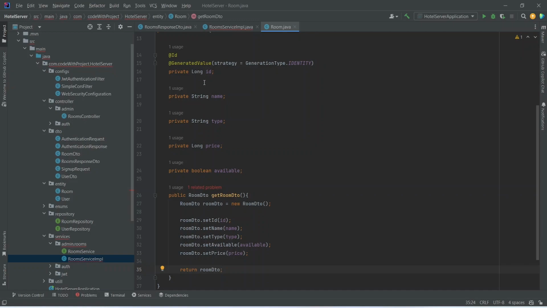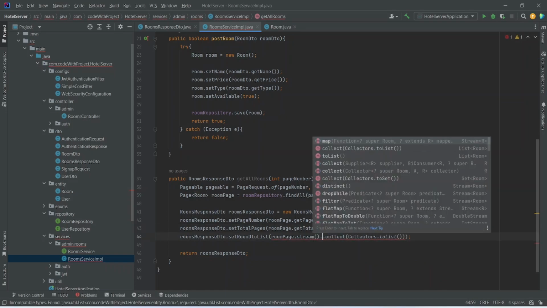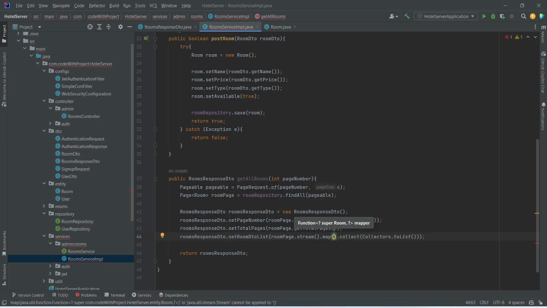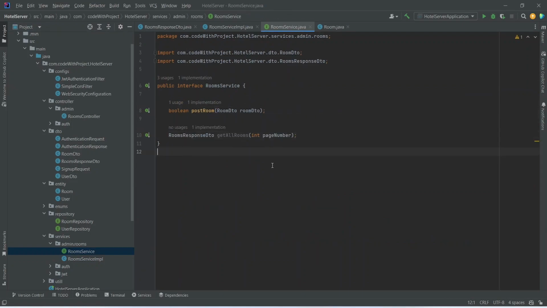Now let's go back to the rooms service implementation, and on line number 44 we made a mistake, so we will copy this, and after the stream we need to call the map method, and in this we will mention room and then we will call getRoomDTO, and at the end we will copy this and we will open rooms service and we will mention it here. And after this we need to create an endpoint to call this method, so we will open rooms controller, and